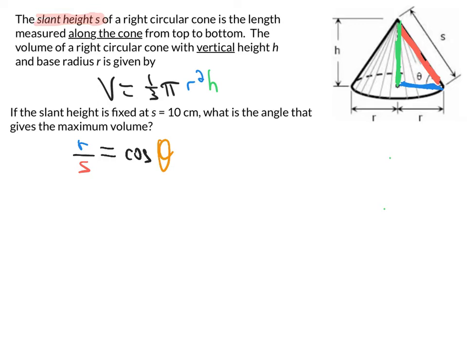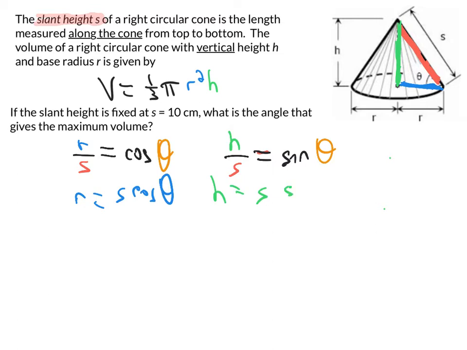And then likewise, we can see that H over S is clearly just the sine of our angle, allowing us to solve these instead to say that R is S cosine theta and H